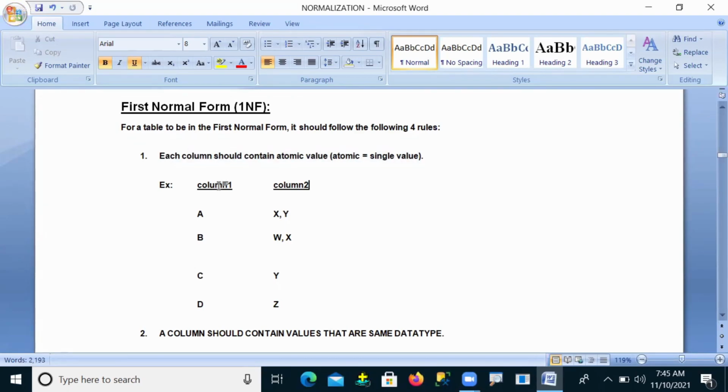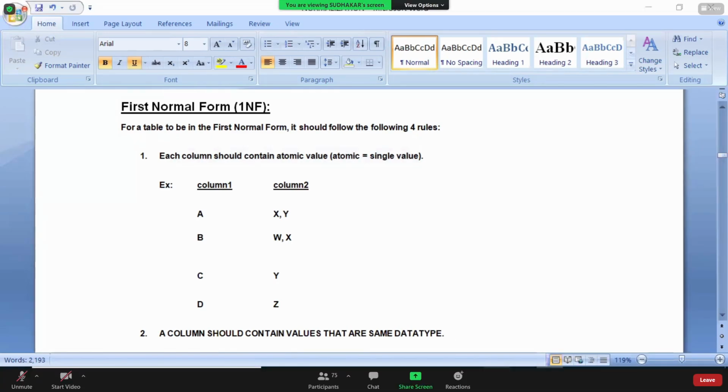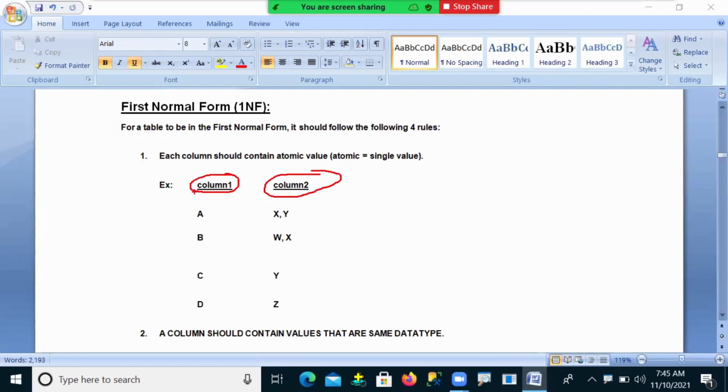Now let me see. In this, if you want to identify carefully, column 1 is there, and this is column 2. In column 1, can you see each and every row is a single value? Single value, and here also single value, and here also single value.